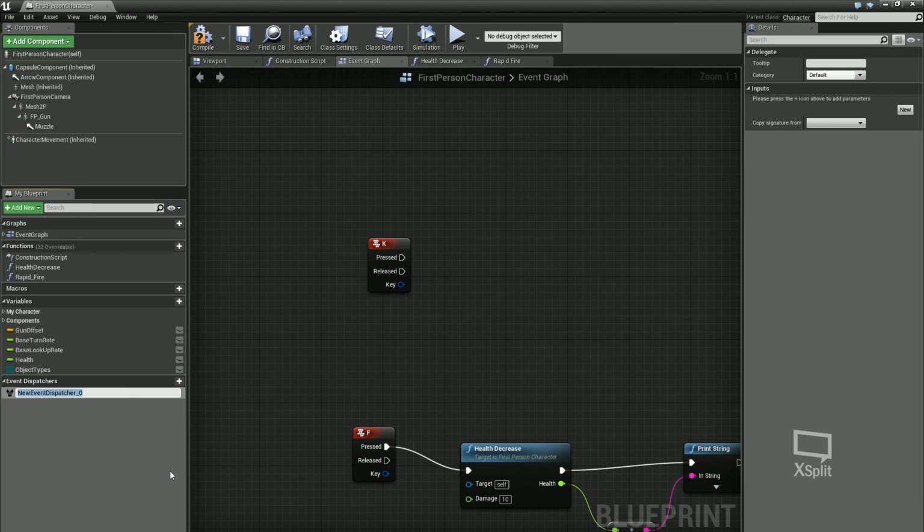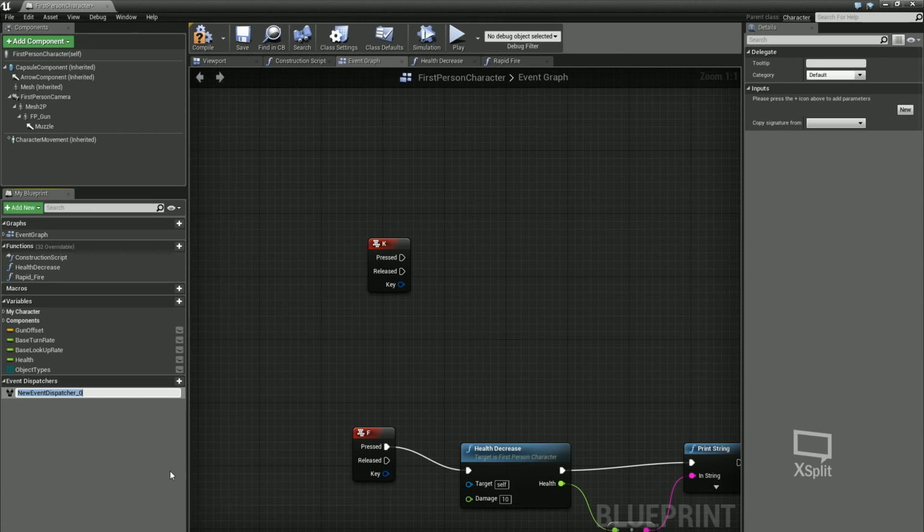So for instance, if you're going to save your game, you could use an event dispatcher to get values from multiple different sources, and then collate them and put them into a save game. Or if you're going to pause the game, you could communicate with loads of different blueprints in your level,